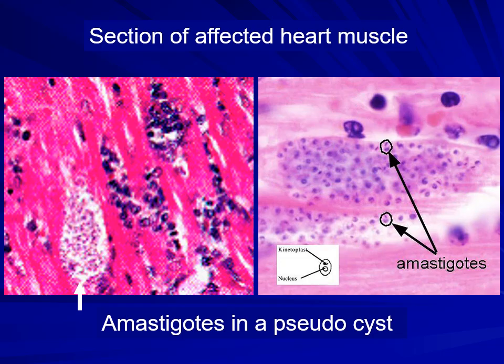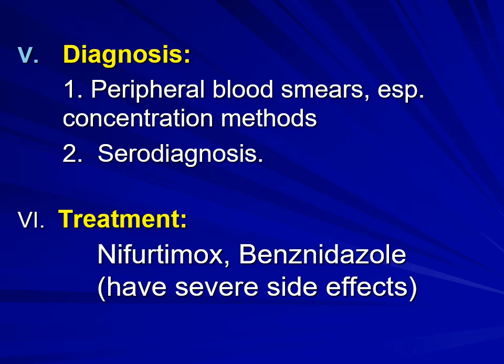And over the right-hand side, you can see those pseudocysts with the amastigotes inside. Within those small circles at the tips of the arrows, you can see the amastigotes or the Donovan bodies, and they are typical: a darkly staining nucleus and a small, also darkly staining kinetoplast. This is typical, and pathologists can identify it very efficiently and confidently.